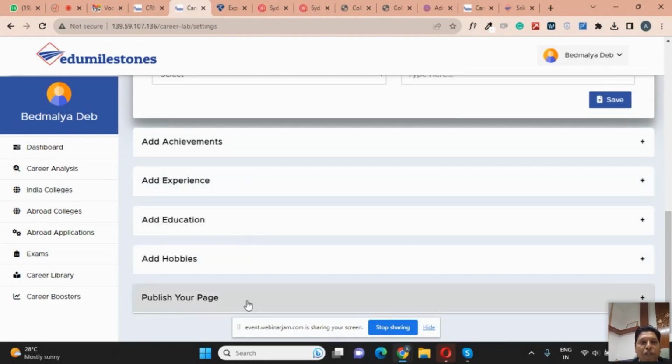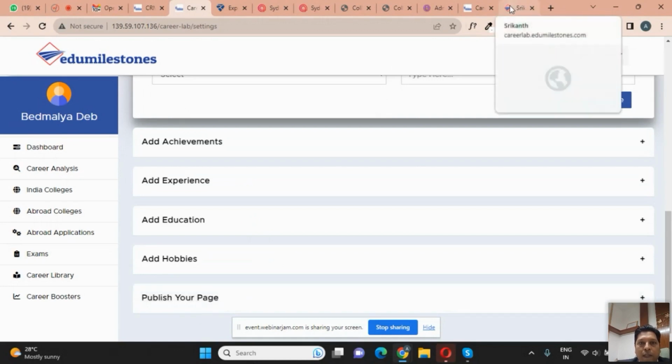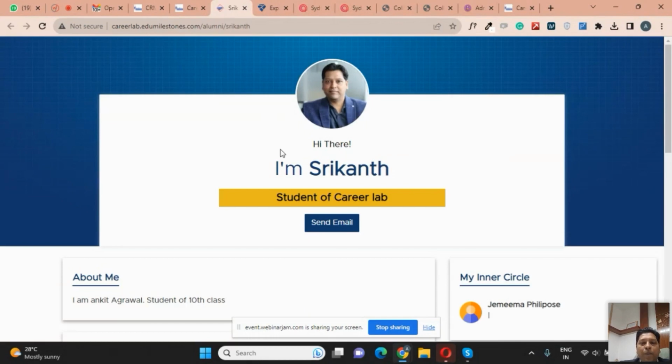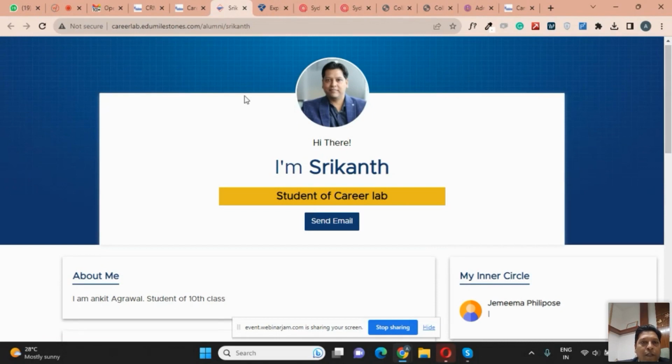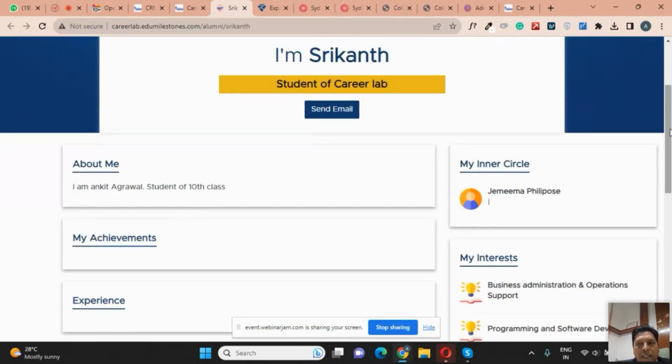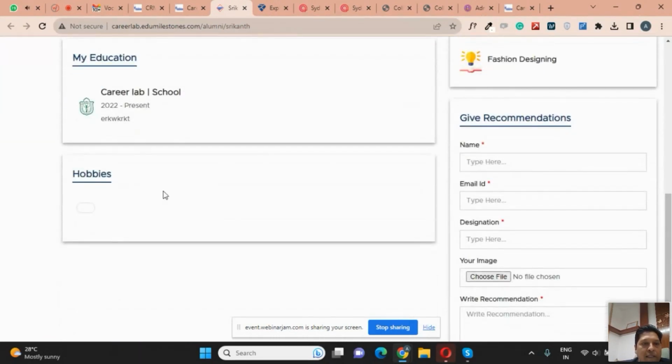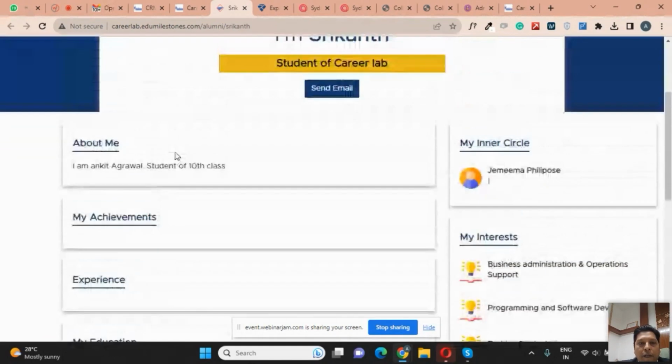Once a student clicks and publishes the page, you can see in this way a student page will be created, and there are multiple designs. A student can create or launch his first website. So if anybody asks about his portfolio, a student just needs to share his web page link. This is an empty page, sorry, I have not filled in information, but all his hobbies, certifications, awards, and recognitions will be available